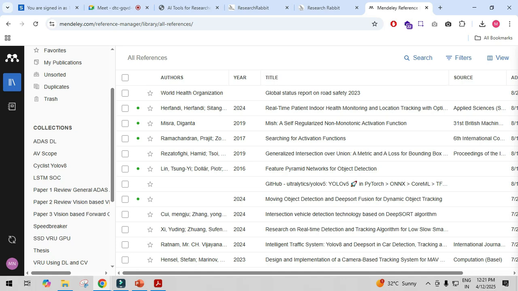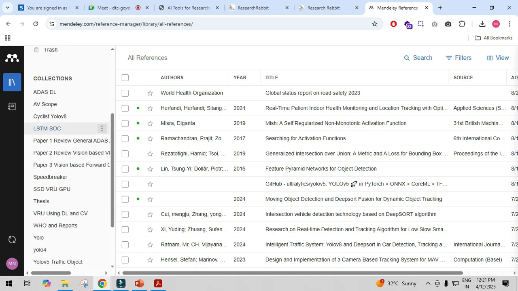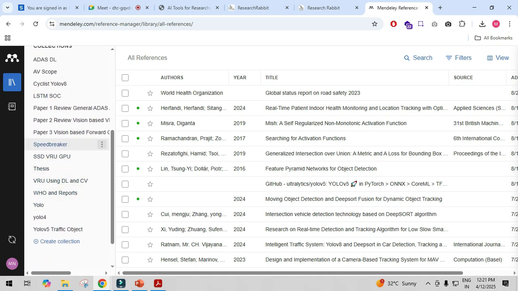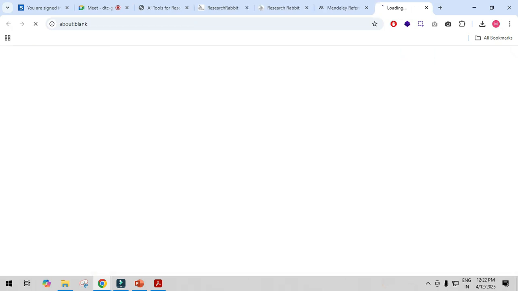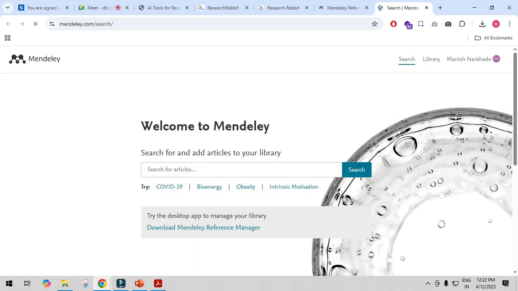So this much of a big repository I have, and all these papers are related to my various research topics. Maybe battery management, maybe autonomous vehicle technology, maybe some deep learning, object detection, right? So all the topics are there. So you can also create some repository of yours. You can go to the Mendeley homepage, and you can search for any article. Let us say I want to go for deep learning